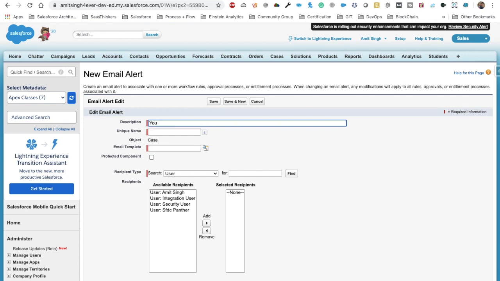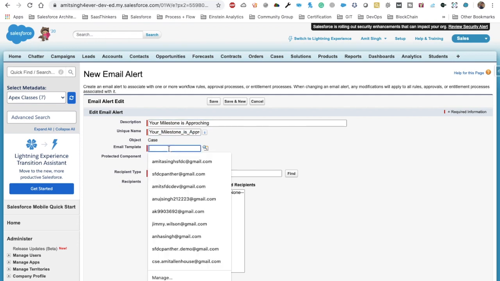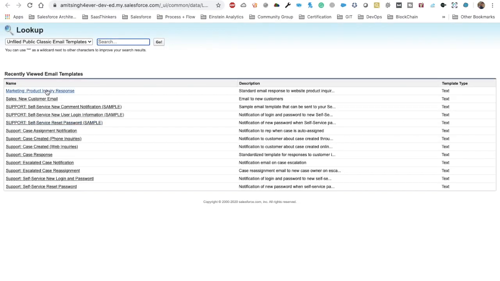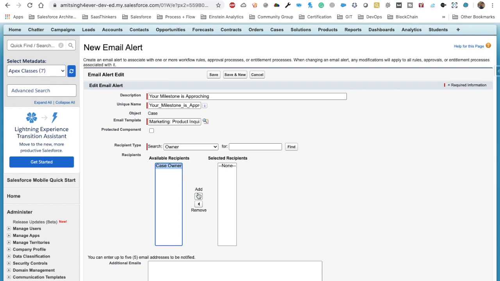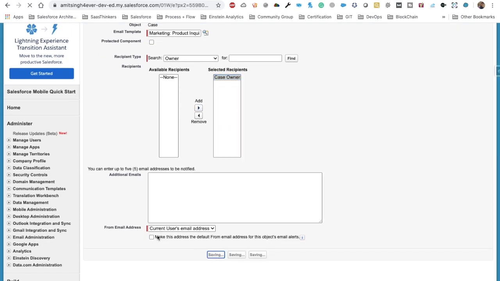You can say that your milestone is approaching, and then select an email template. I'm not going to create one, I'm just quickly selecting any, and then we can select the recipient. We can say owner field, and it will be the case owner, and just quickly save this.